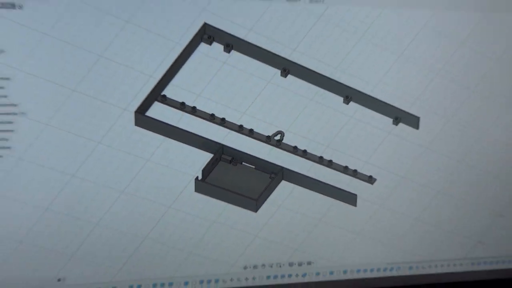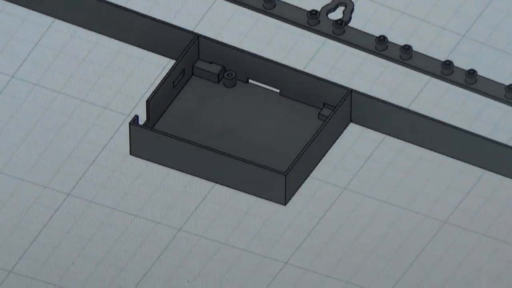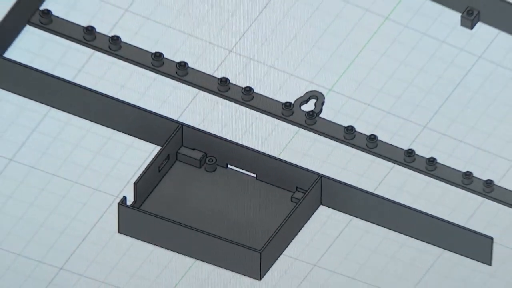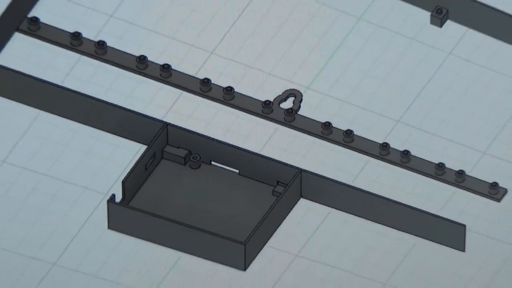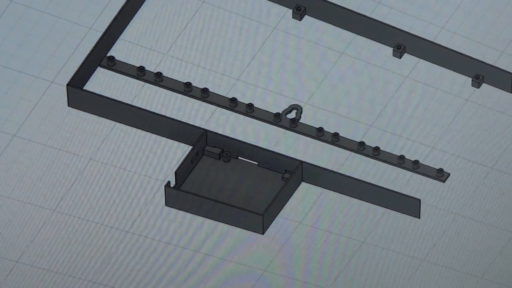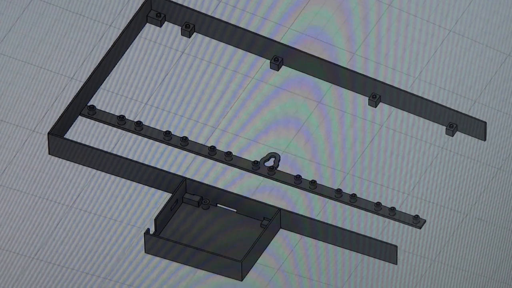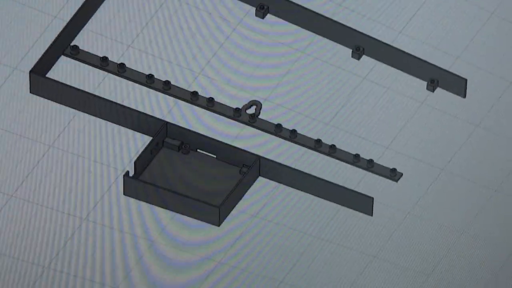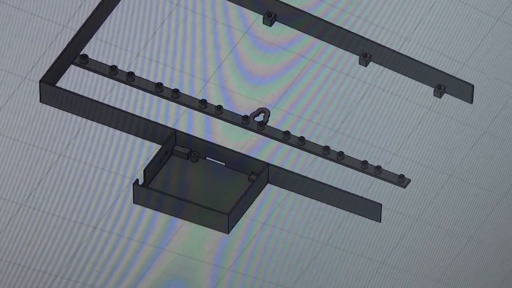Here's the frame for the thing, done in Fusion 360. You can see there's the box for the Wemos, and then there's the spreader bar with a little keyhole hook for hanging it on the wall. You need 2 of those, and then the frame's done in 4 pieces. There's the bottom, left and right hand sides, which are the same, and the top. The only difference between the top and the bottom is the slots to let the Wemos case dock and let